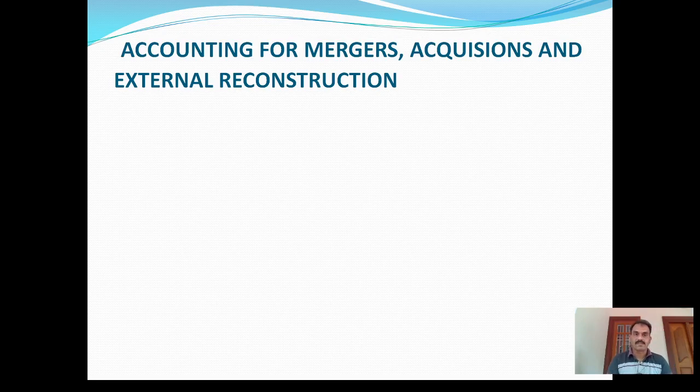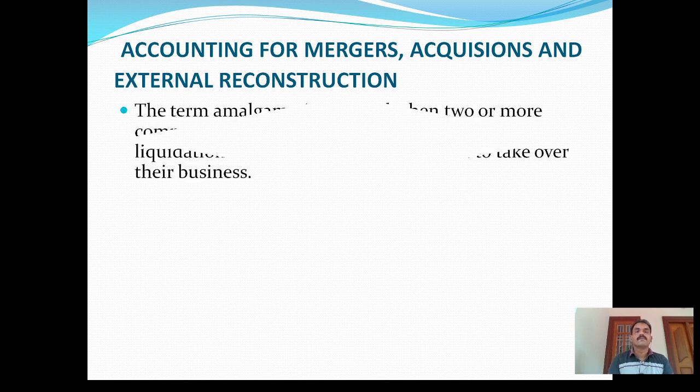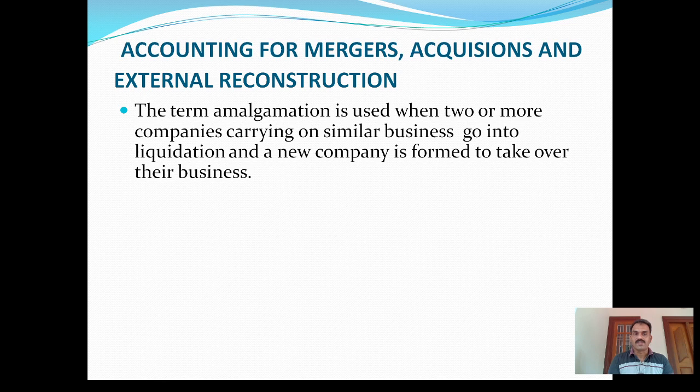Now we are going to discuss accounting for mergers, acquisitions, and external reconstruction. Amalgamation. Amalgamation means when two or more companies carrying on similar business go into liquidation and a new company is formed